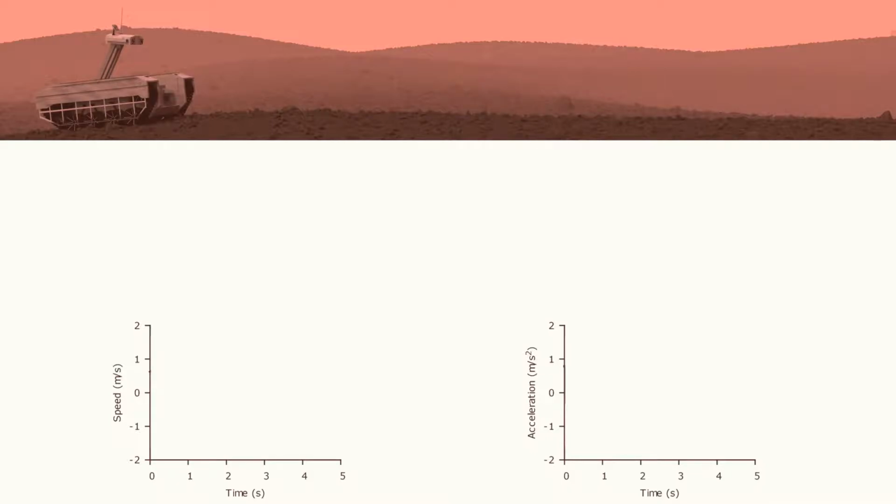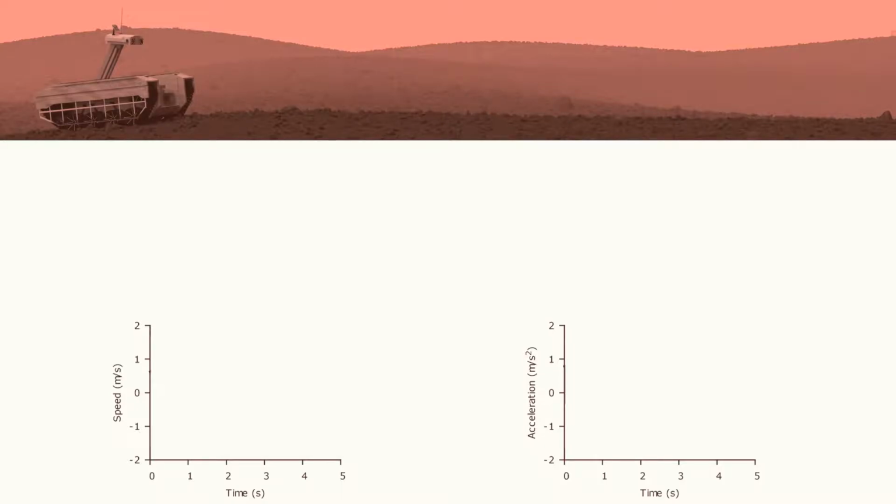Let's look at a simulated example. At the top of the screen you can see a rover on the surface of the planet. This planet is the exoplanet TRAPPIST-1d, which is a recently discovered planet. This rover is going to travel forwards, and then we are going to try and calculate its average speed and